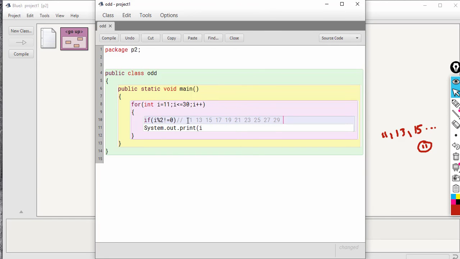Okay, see, for all these values this condition will be true, and for the other values this condition will be false, isn't it? When we take 12, we can take 12 modulus 2. What is the value of 12 modulus 2? 0.